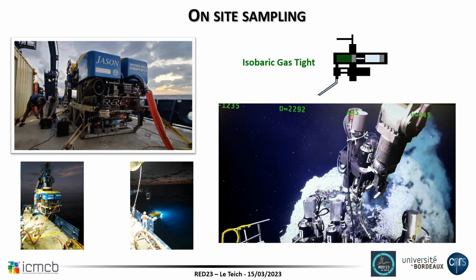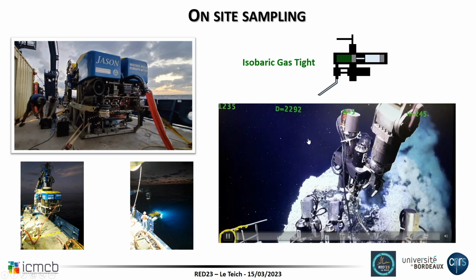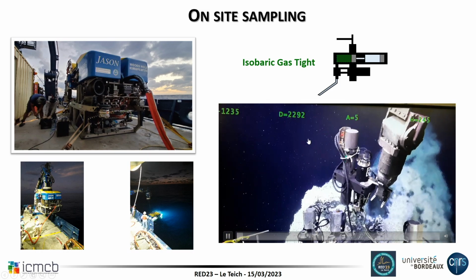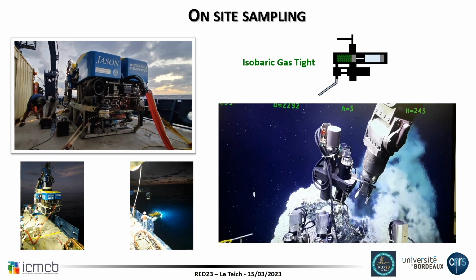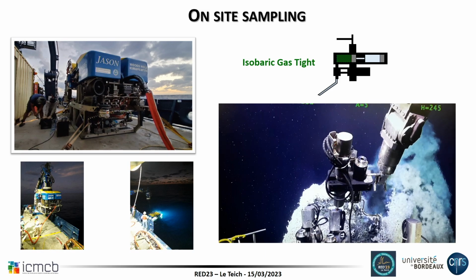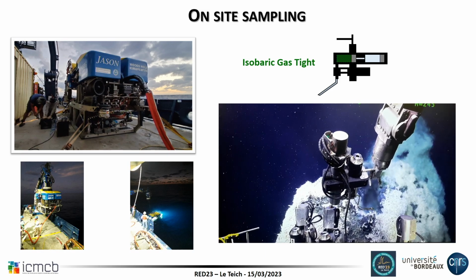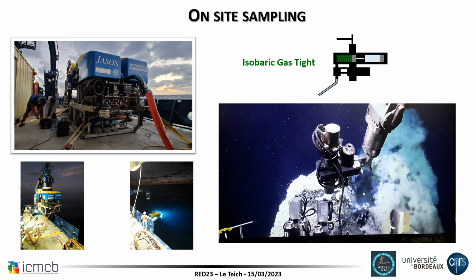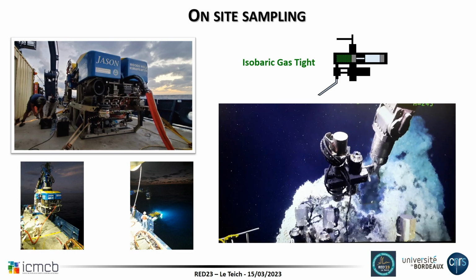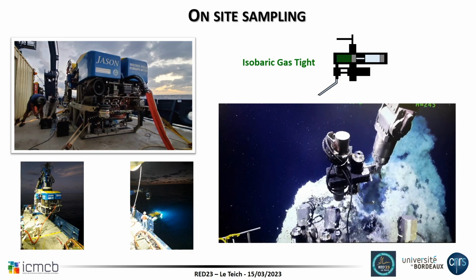The US robot Jason is taken out of the ship down to the seafloor, and then they sample the chimney with a robot arm, and you use high pressure equipment that is isobaric gas tight, to make sure that you maintain the sample under pressure from the sampling site up to the surface, even if the pressure decreases a lot. So once you have those samples, you can collect rocks, you can collect fluids,